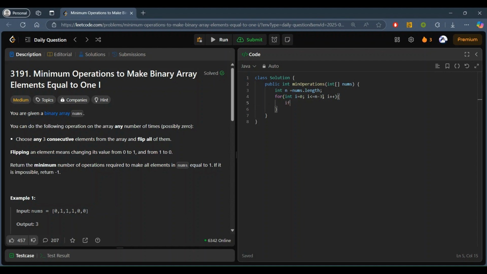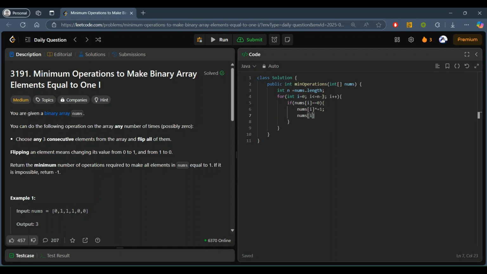Here we will check if our nums of i is equal to 0. In that case, we will try to flip it. So nums of i will get flipped, and for flipping I will just use XOR operation with 1. Either we can use XOR operation, or we can just subtract it from 1.